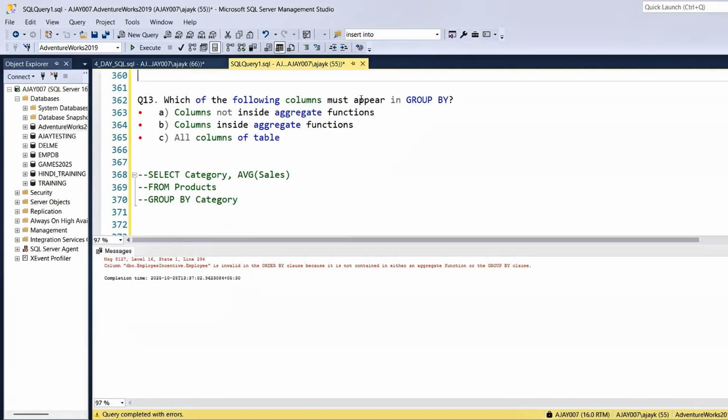Which of the following columns must appear in group by? So it's saying that must appear in group by. So in group by, which column should appear? Must appear. Columns not inside the aggregate functions. Is this referring to the sets like inside the aggregate function? Well, definitely